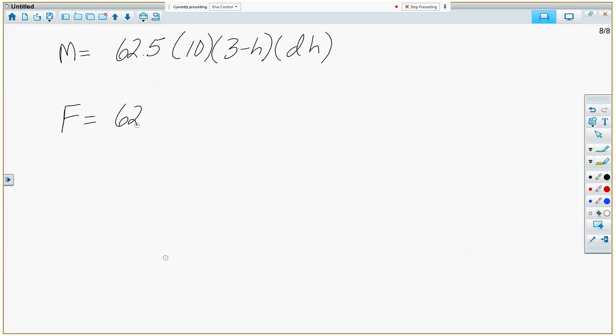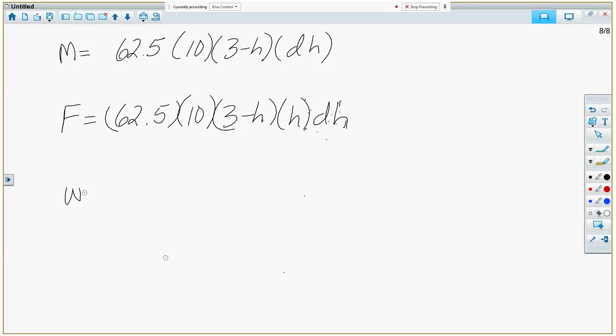So that's going to be 62.5 times 10 times 3 minus h times h dH. And now your integration work is going to be from, how tall is this thing? I mean, how much water is full, isn't it? It's full. So it's 3 meters or 3 feet, 0 to 3,